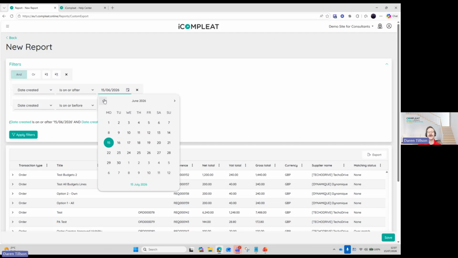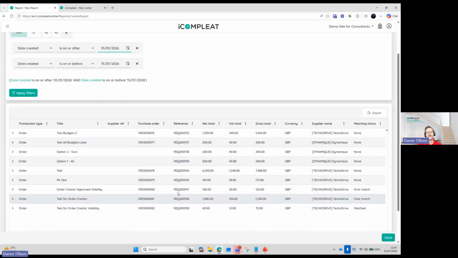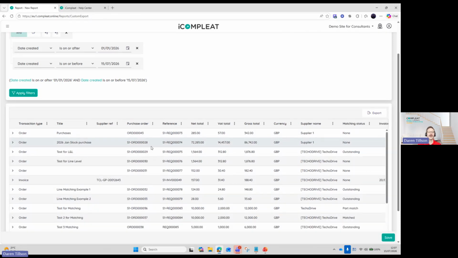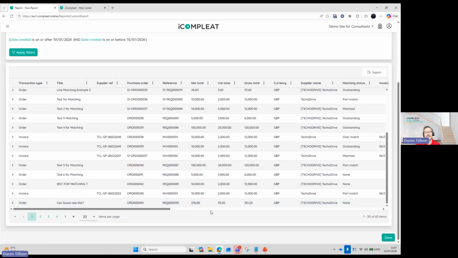I can go as far back as a year. So I could go right the way back to the start of the year. Down at the bottom, we've got all the transactions that currently fit the criteria for the last month. And now that I've opened the date range up, I just need to click this apply filters button, and you can see it's now bringing back all of the transactions that have gone on in the system since the beginning of the year. Obviously I'm on a demo system, so I haven't got much in there,